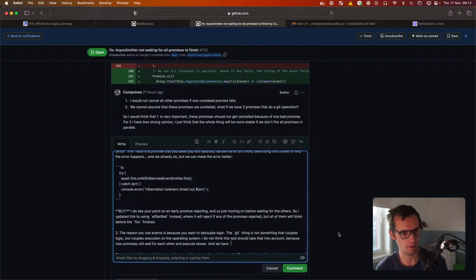And we have Git, and the Git issue is not related to these events. It is a general concern executing logic, which is why we have wait for git lock and queues and git operation queue in place, etc. So I think